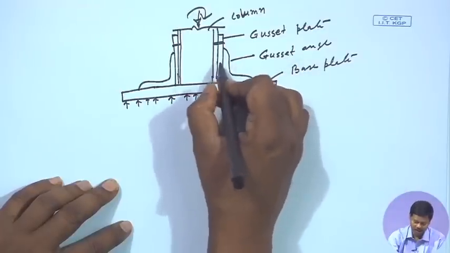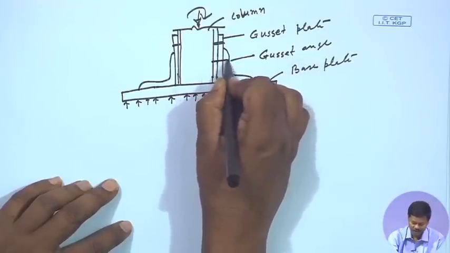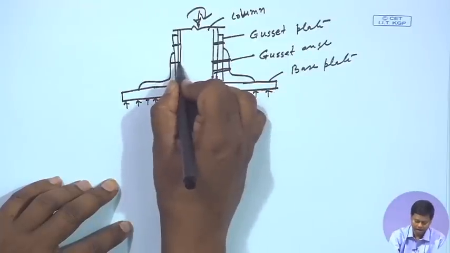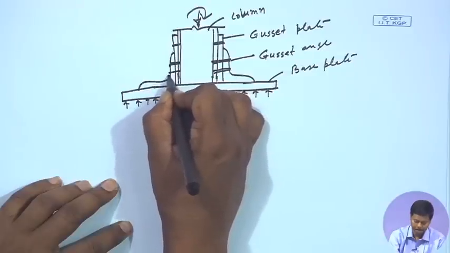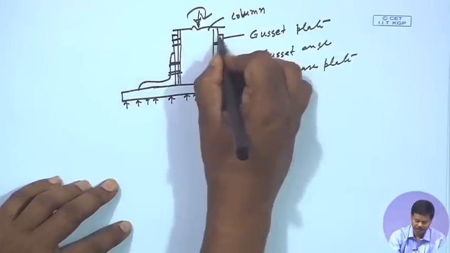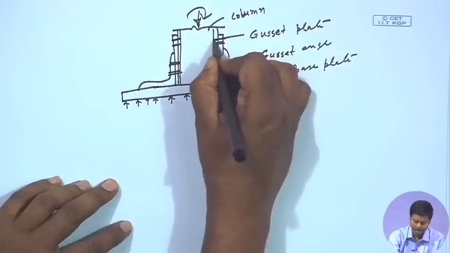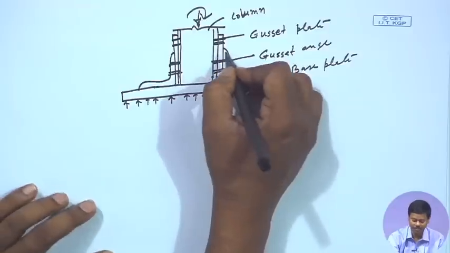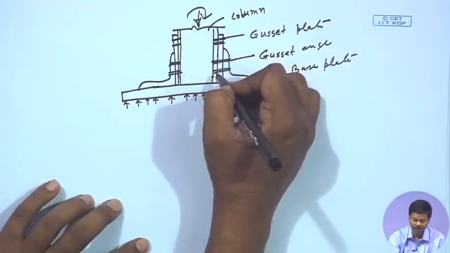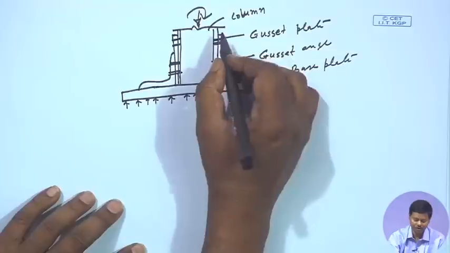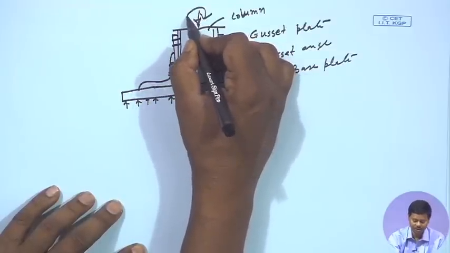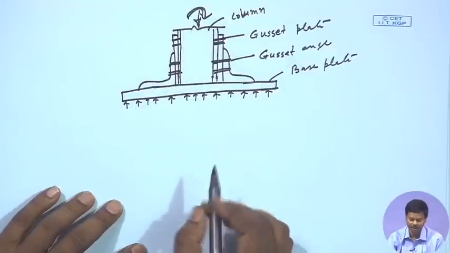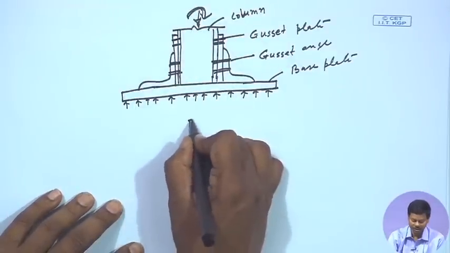Now, again this gusset angle is also connected to the column by the use of bolts. So, here we can provide a certain number of bolts, and here you see the height of the gusset plate should be sufficient to accommodate the number of bolts, because the number of bolts should be large as the load is huge. When the concentrated load becomes huge, then only we use this type of gusset base. So, this is the front view,